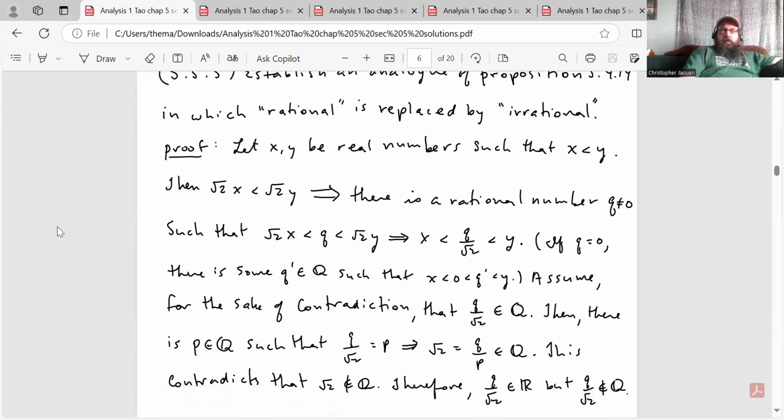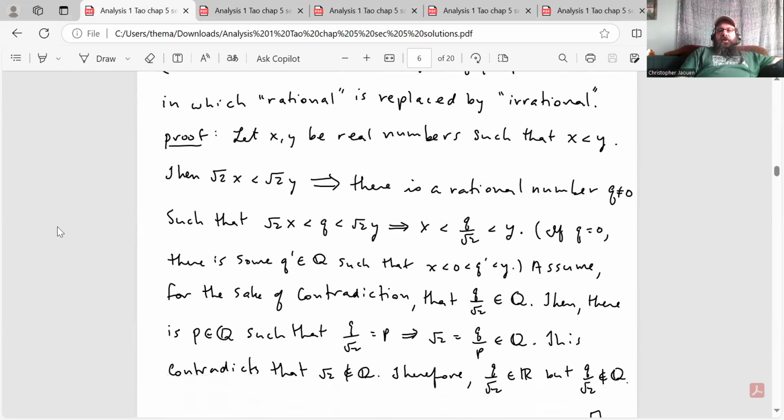All right, so here's my proof. Let x, y be real numbers such that x is less than y. Then square root of 2 x less than square root of 2 y implies there's a rational number q, not 0, such that square root of 2 x is less than q is less than square root of 2 y, which implies x is less than q over square root 2 is less than y. If q equals 0, then there's some q prime in the rationals such that x is less than 0 is less than q prime is less than y by proposition 5.4.14. So we can always find a non-zero rational q